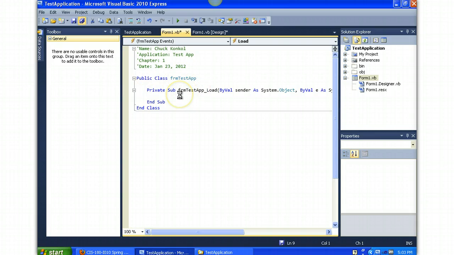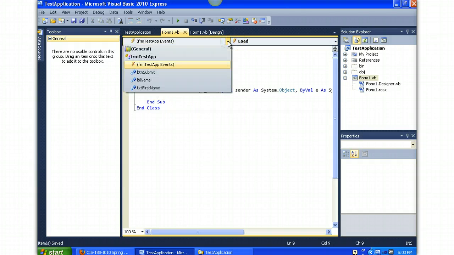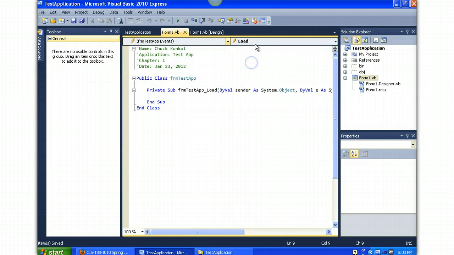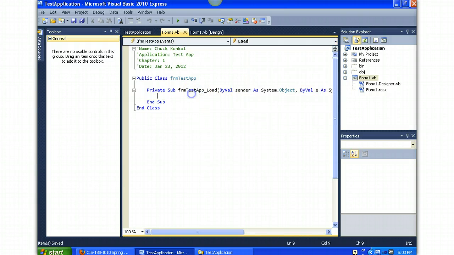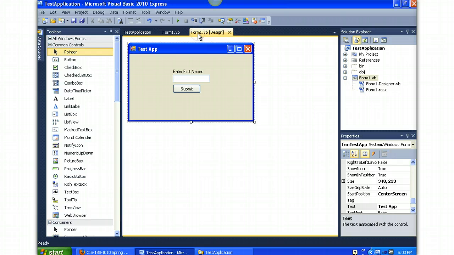Let's talk about the code view of your application. On the left you've got events, and then on the right is the load. Again, on the left are all the objects generally on your form. You'll notice we have a button, label, and text box. On the right are the events that could happen to that object. There are sometimes hundreds of types of events. The easiest way to get to an event of an object is